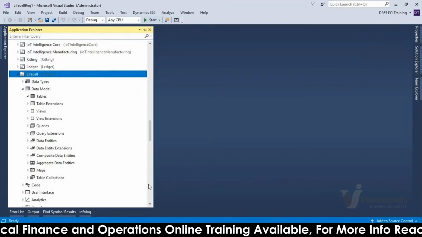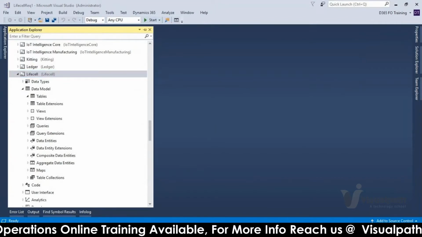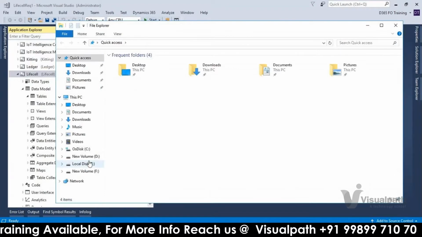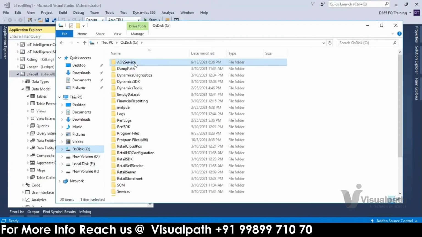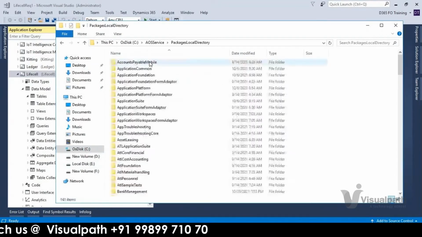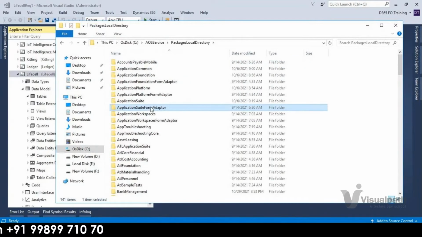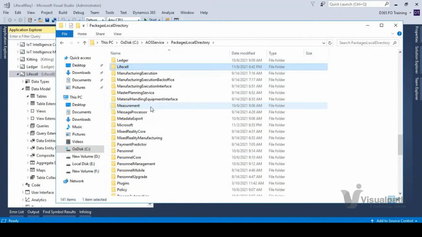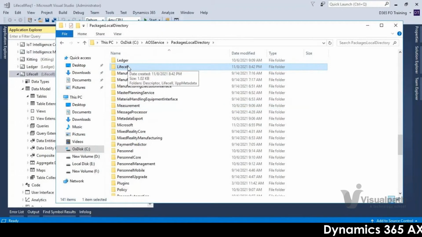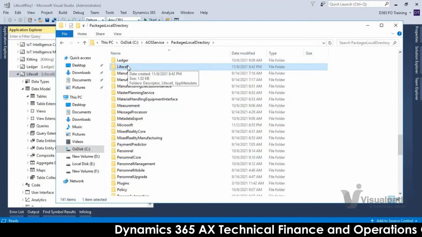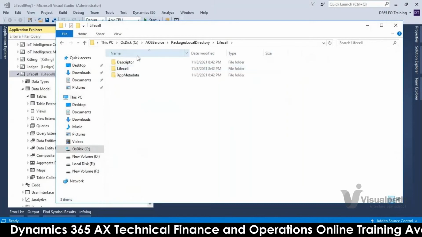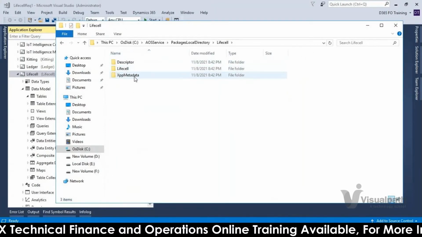And one more thing: once you go to the package local directory, AOS service, package local directory, whatever model I have created, I can see the model folder here, Lifecell. This one we will map to our VSTS, Visual Studio Team Services. If you go here, you will see the descriptor, Lifecell, and XPP metadata.